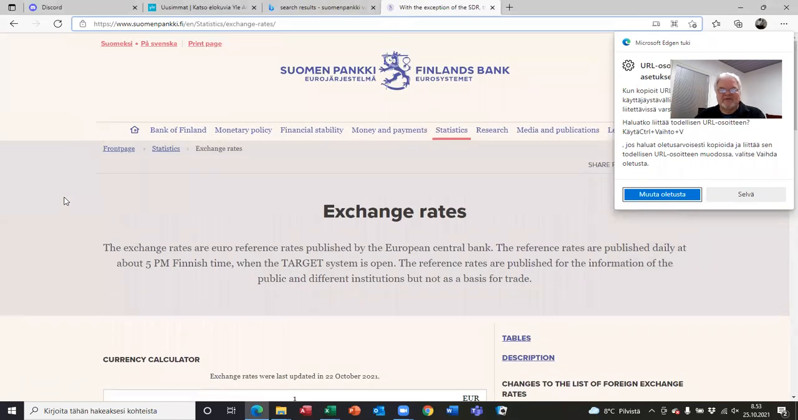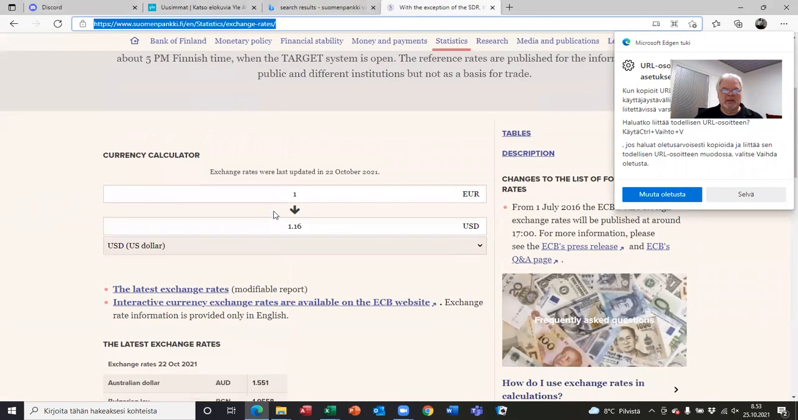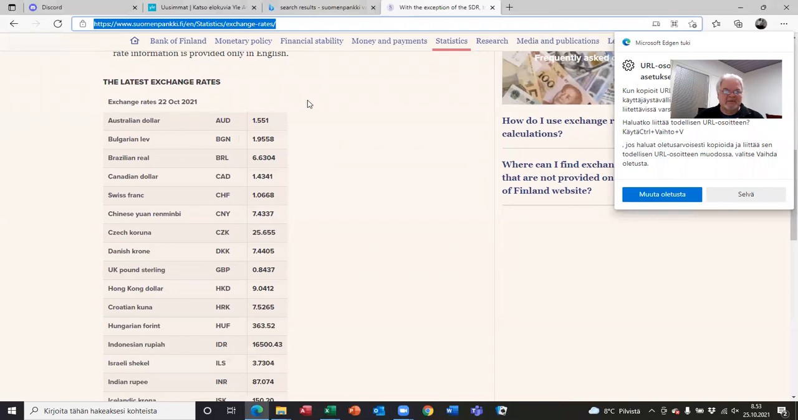It is easy to find it with Google or Bing or whatever system. And then I have changed the language to English. Then I will copy the address from here. The table I'm interested in is actually here. This is the one I will see in Excel after a while. First I copy the address, then I go back to Excel,